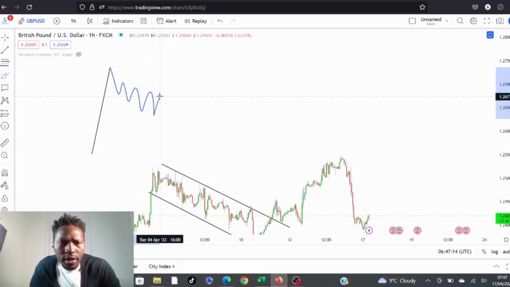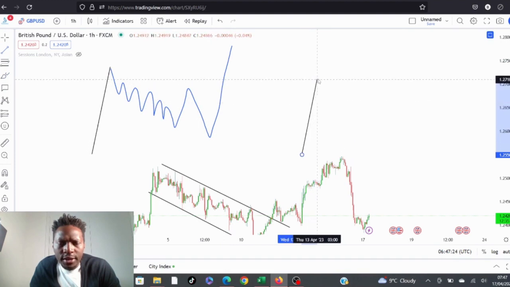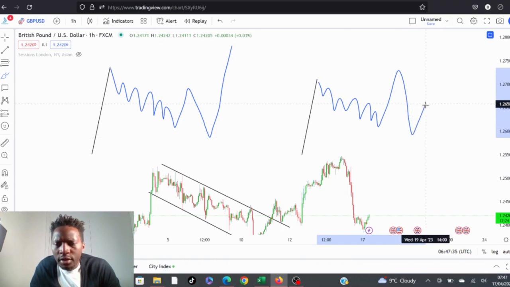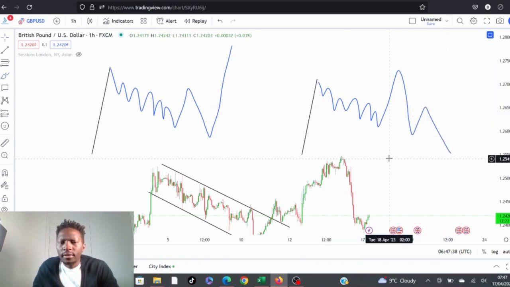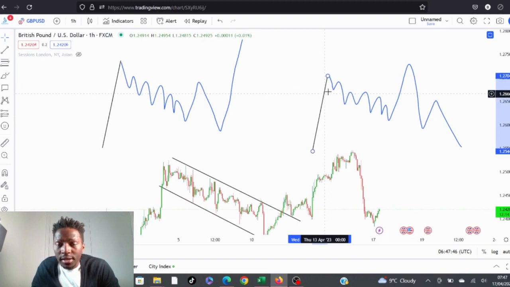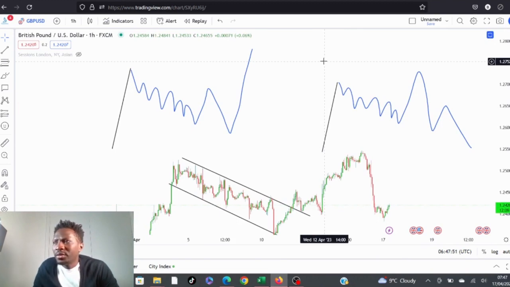we have a particular contraction like this, where the market breaks out of the contraction, comes back to the previous structure, and then it rallies. And we also have a different type of contraction, very similar. The market breaks out, comes back down, breaks the previous structure, and then goes in the other direction. Now if you can't look at these structures and know why the market behaves differently, I said you shouldn't be